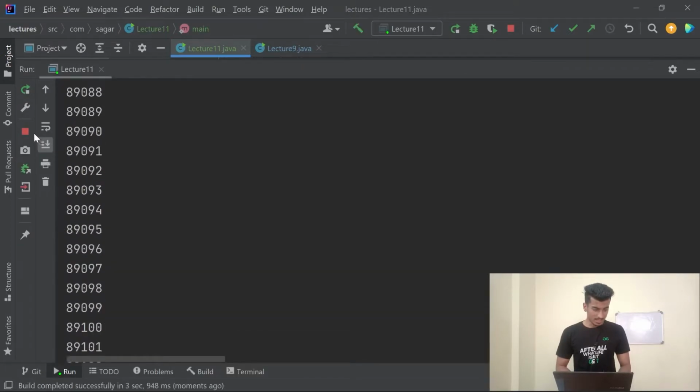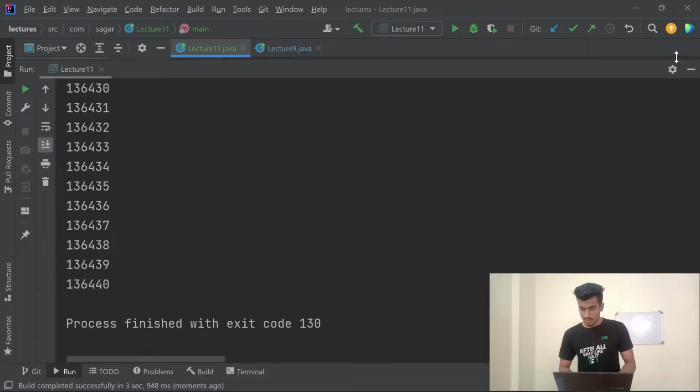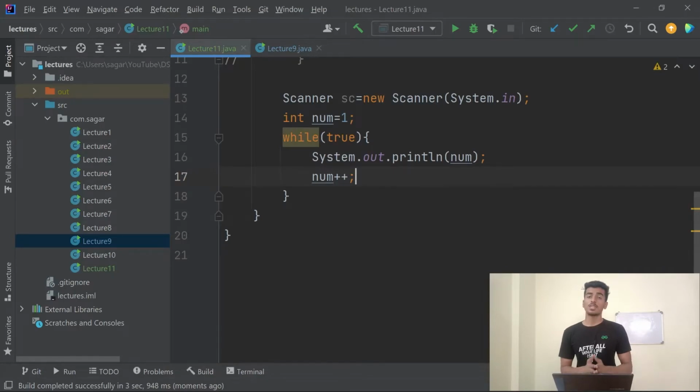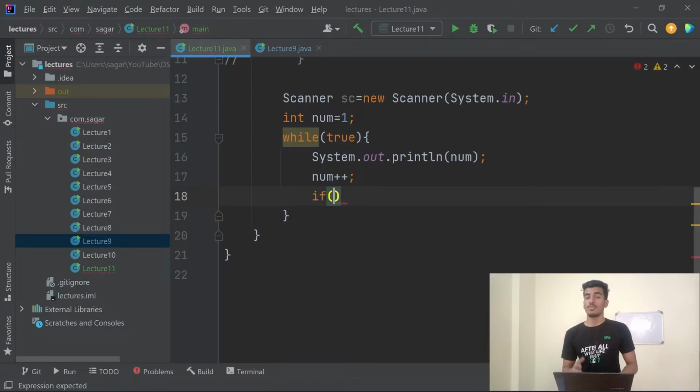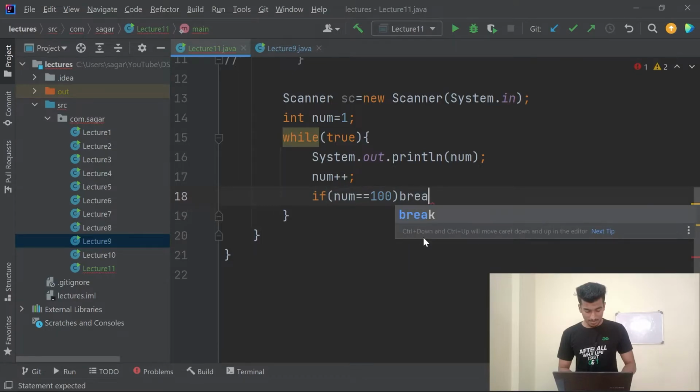So you can see here this is an infinite loop. But suppose at some step we have to break out of our loop. So I will use here this break keyword. Suppose I want to break when my number is 100. So if number equals 100, that means when our number is 100, then we will break out of this